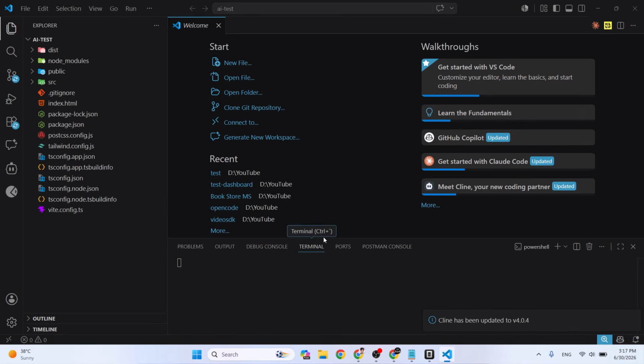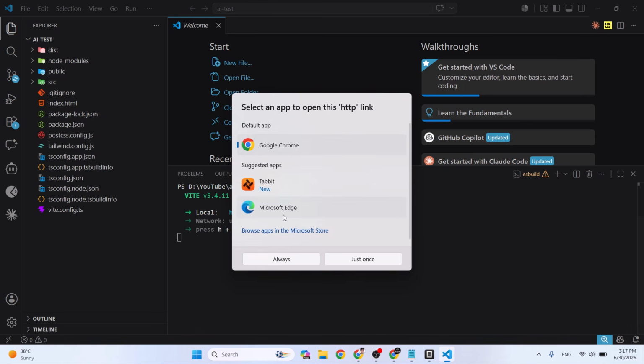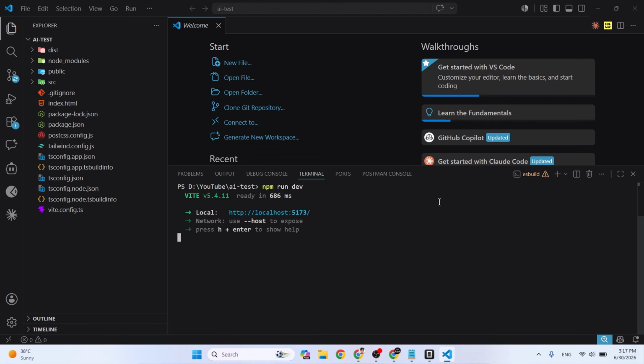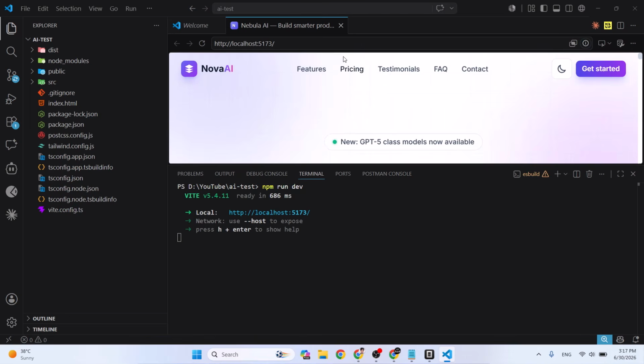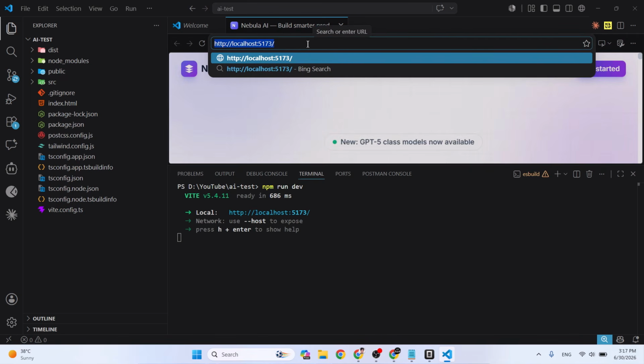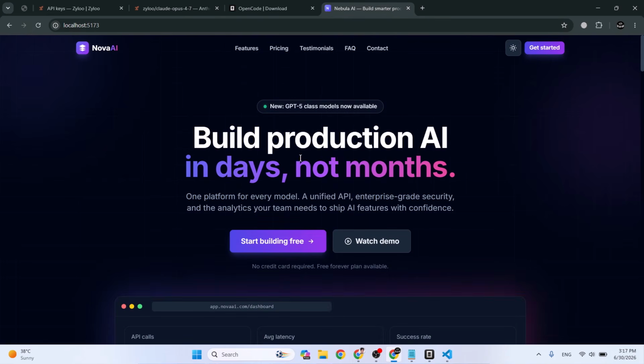Simply in the terminal, I will write npm run dev. Press enter. So it will run. Let's move now to this. Press this, and this is the live preview, but we will copy this URL and open it inside a browser. Paste it here. As you can see, the live preview of our landing page, build production AI in days and